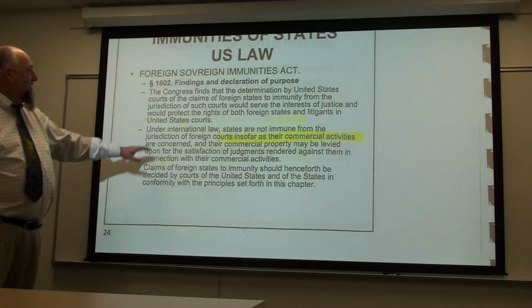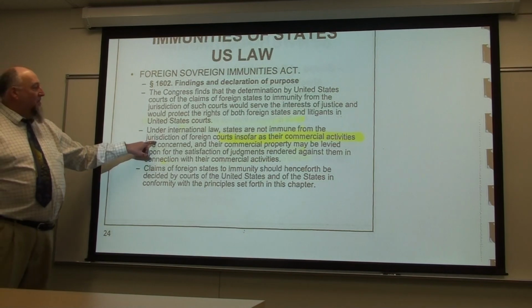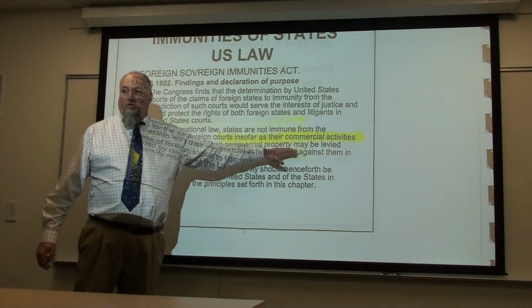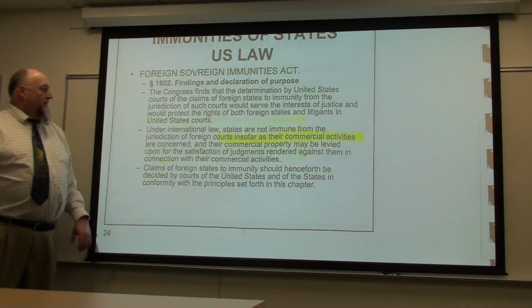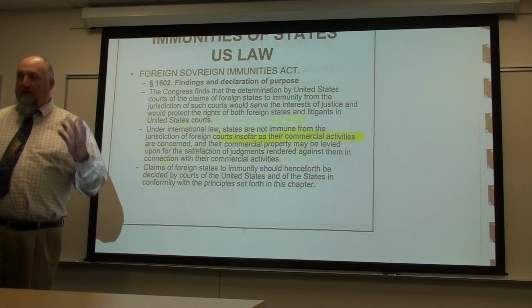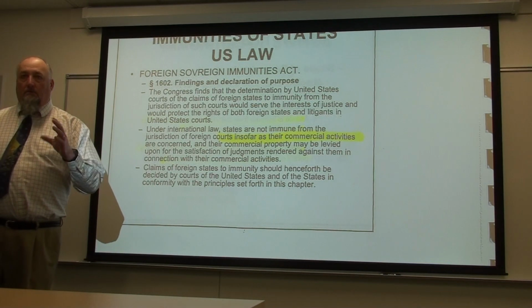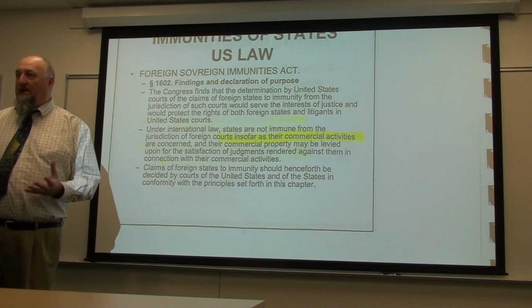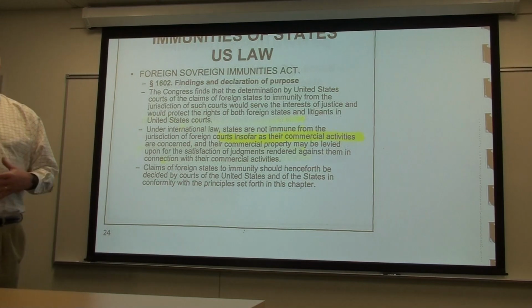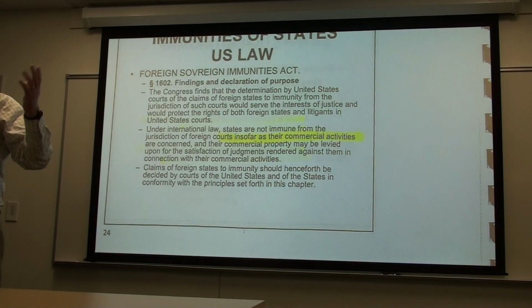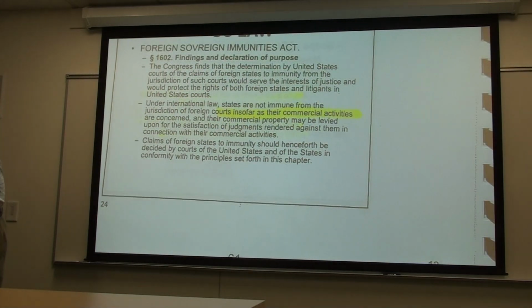So under international law, states are not immune from jurisdiction of foreign courts insofar as their commercial activities. So that is a form of customary international law in a way, that purely what we would consider to be a private type commercial activity, a government cannot claim they're immune. In other words, they could be sued just like any of us. The other is when,